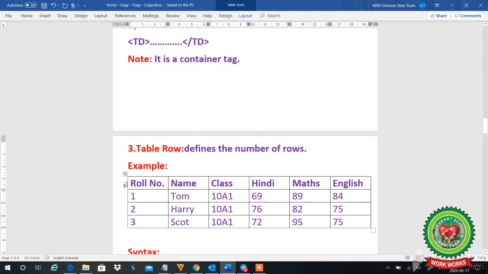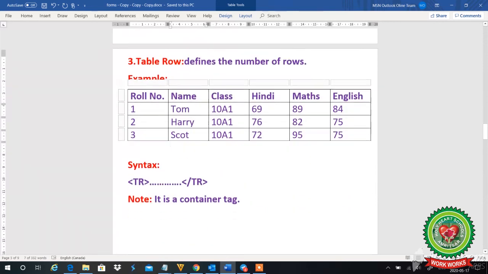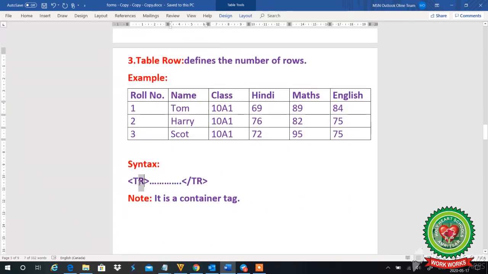Whenever I need to add a row, I use the TR tag. TR means table row. I start the TR before the roll number and close it after the English. I start the next TR after this, before this one, and close it after this 84 marks, and so on till I have added the required number of rows.